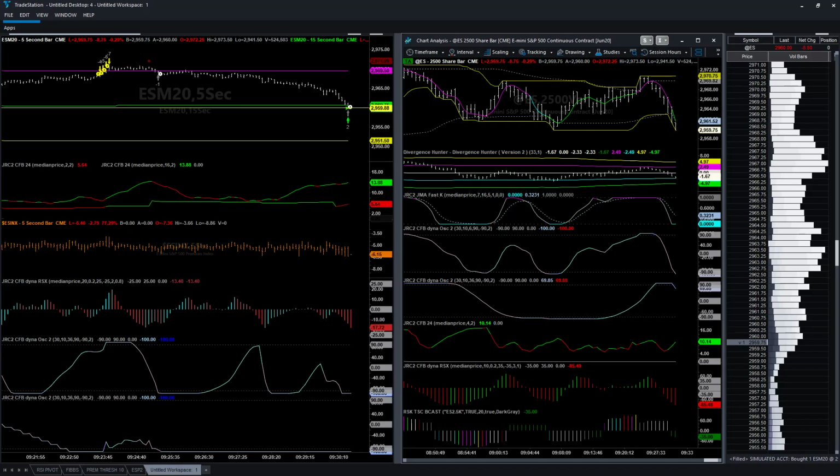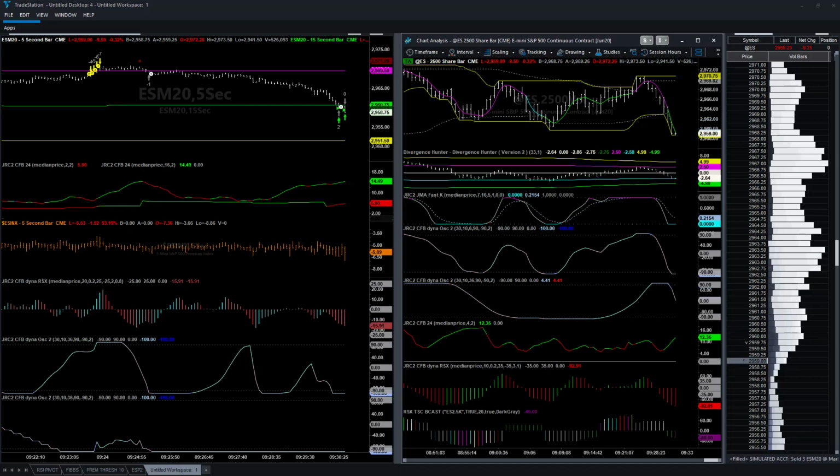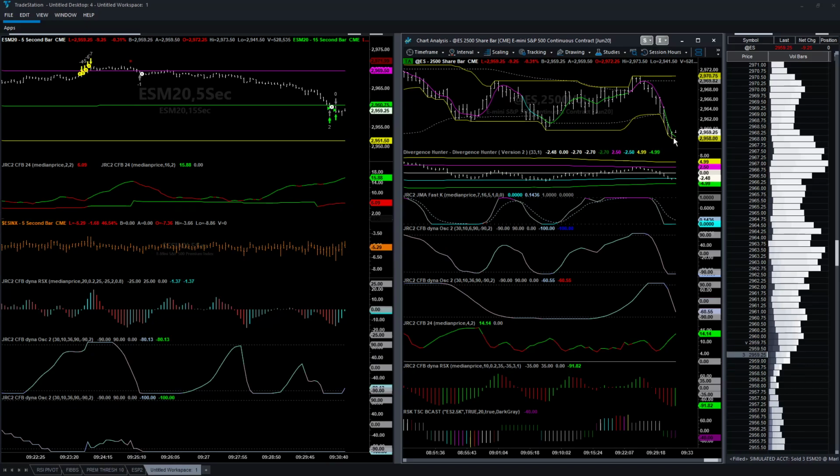Order filled. So we set a couple of limit orders down there to take profits. But that's what you would expect. See, that's not going to be the low. It's going to be a lower low when you're truly over